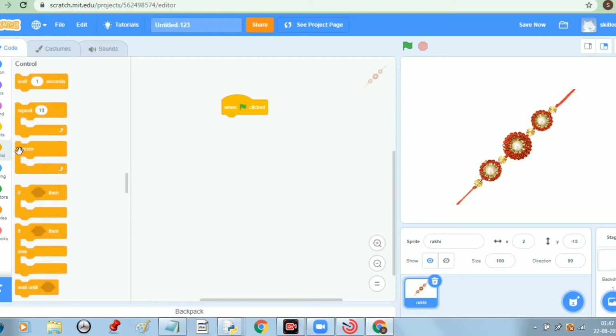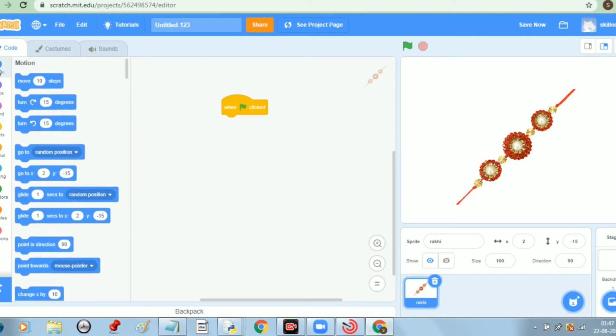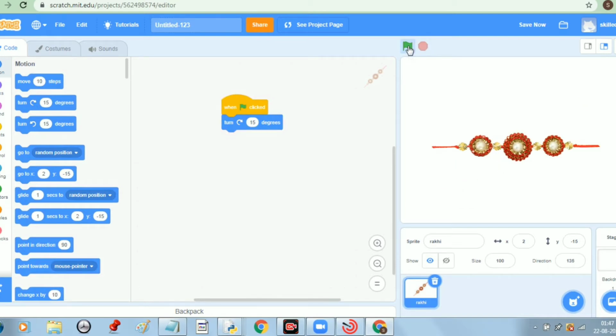First let me take turn 15 degrees. So when we click the green flag, it will turn 15 degrees. Right? I have clicked the green flag, and it turned 15 degrees clockwise. Every time we click the green flag, it is turning.